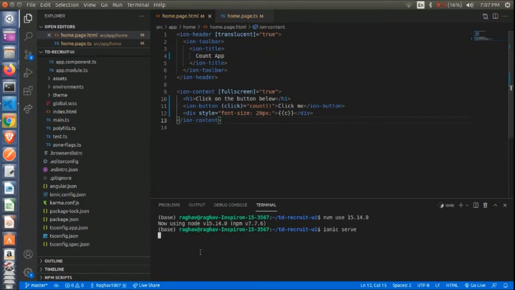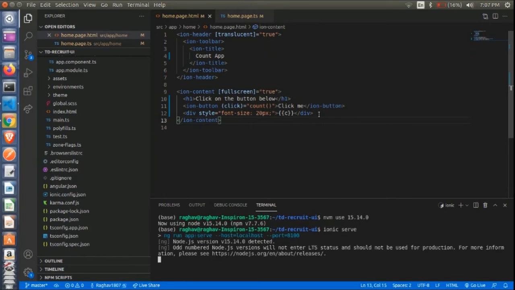While the application is getting run, this is the code that Hardik had given. Currently we can comment out: select all the tags, H1, ion-button and div, and press Control forward slash.